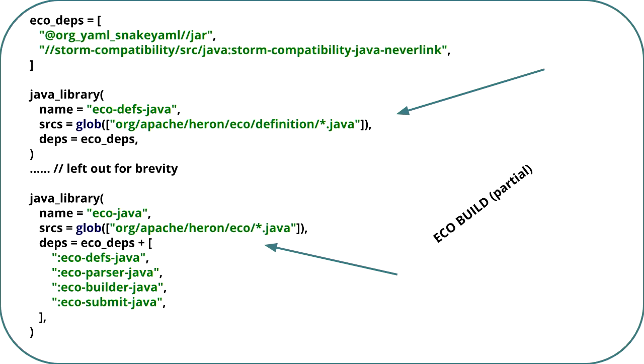So if you see here, we have dependencies for eco, and this is a very abbreviated list, but I got snake YAML, and then I have this link here to storm compatibility, never link. This is the key to causing Bazel not to blow up when you try to include a dependency that's dependent on another dependency. And then within each one of these packages, we'll have a Java library specific to that package, which creates an artifact, which here at the bottom, you'll see our final output is eco Java, which references that top-level eco file and then references all of the other dependent libraries that were left out for brevity. There wasn't enough room to show on the slide.